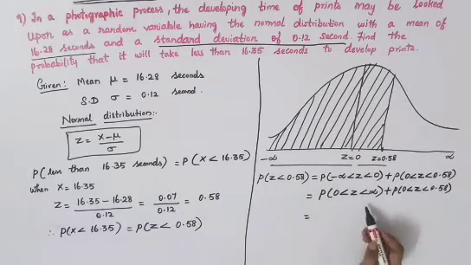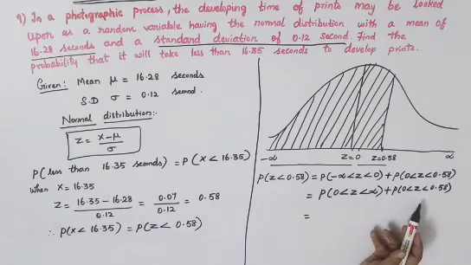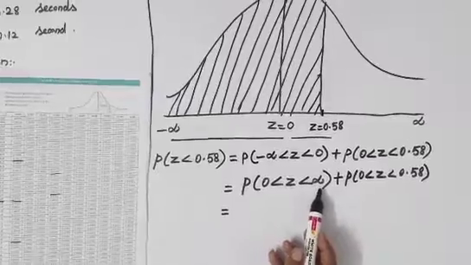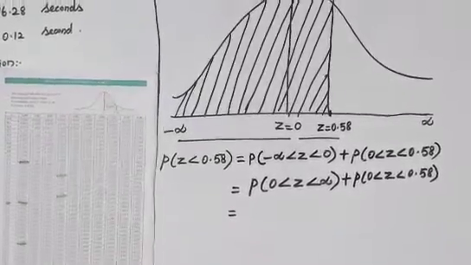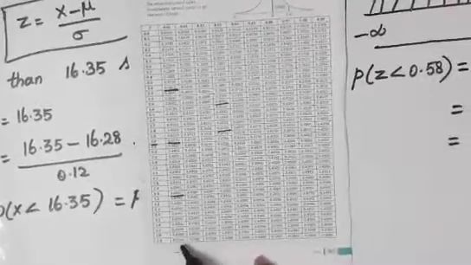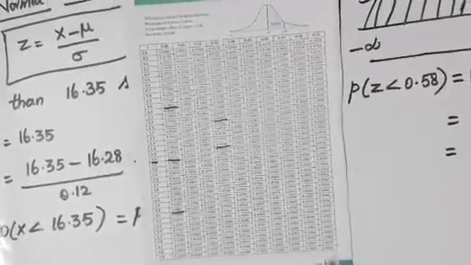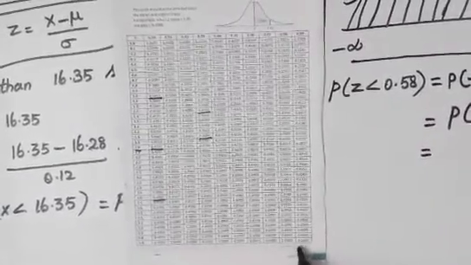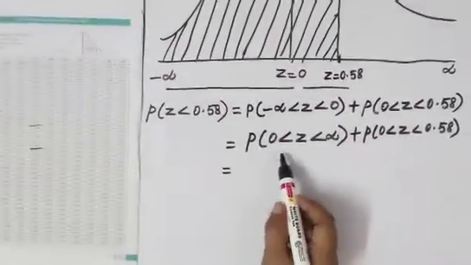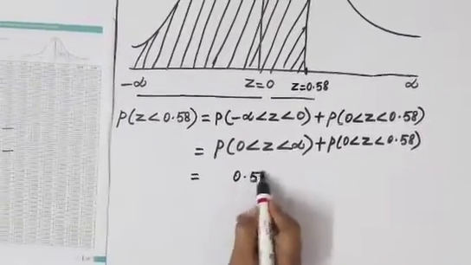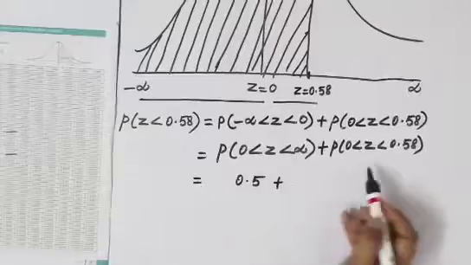Now you have to find this value in your normal distribution table. P of 0 less than Z less than infinity, up to infinity. Here you can see in your table, at 3.9 it is 0.5, and after that everywhere you can see 0.5. So if it is up to infinity, the value will be 0.5 only. Therefore, P of 0 less than Z less than infinity is 0.5, plus the second part as it is. Now you have to find